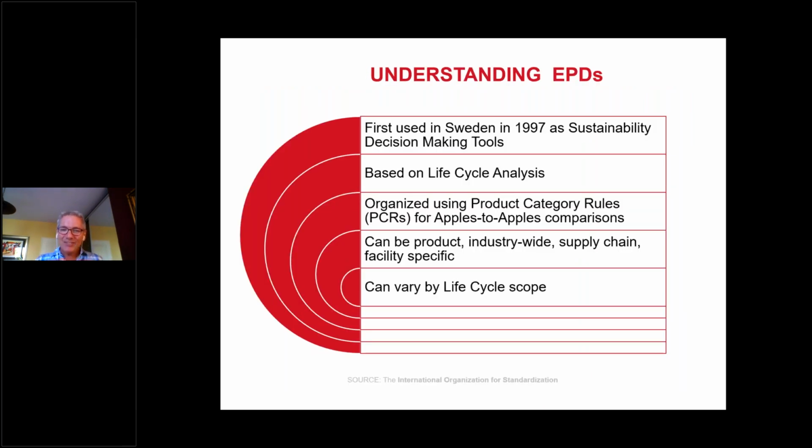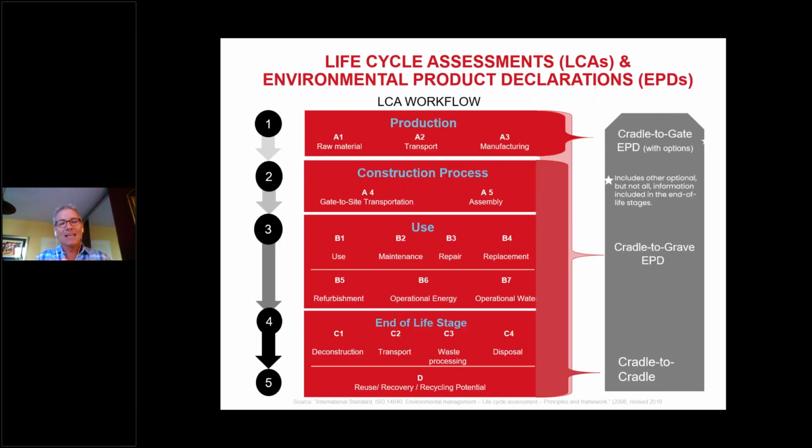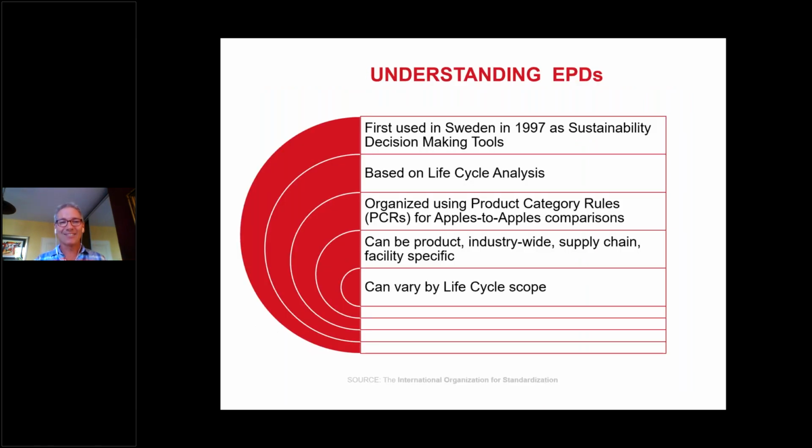So a life cycle analysis is kind of taking that whole step that we just saw here. It might take 6 months to do a life cycle analysis for a product, and it may cost $30,000 to $50,000, and you get a 100-page report. And so you're kind of scratching your head and thinking, okay, Jack, what in the heck am I going to do with this 100-page report? Well, coming to your rescue is the EPD, the Environmental Product Declaration. And essentially, it's the Reader's Digest condensed version. It's the Cliff Notes. It's the summarized executive summary of everything that's in that LCA, but as it pertains to